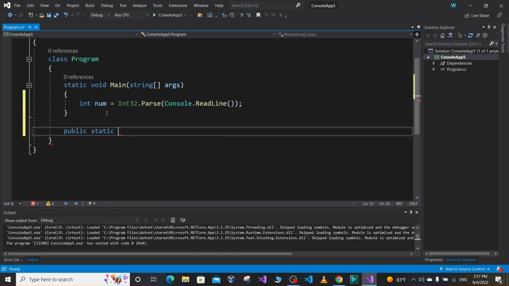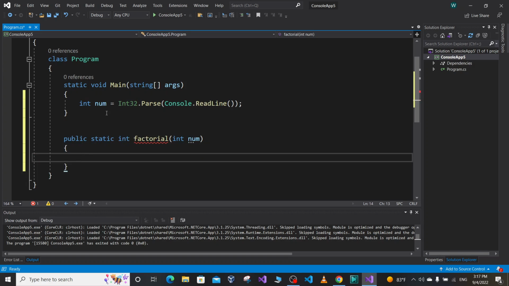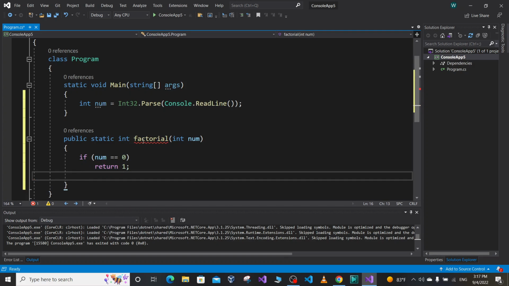Public static int, our function returns an integer, Factorial, that takes an integer, int num. So our base case is that until we reach 1 or 0, we keep calling this function. Our base case is if num equals 0, we return 1. Else we will keep calling this factorial function, return